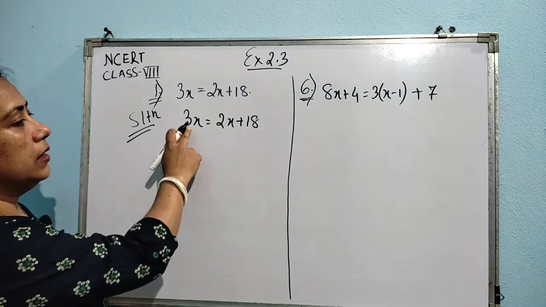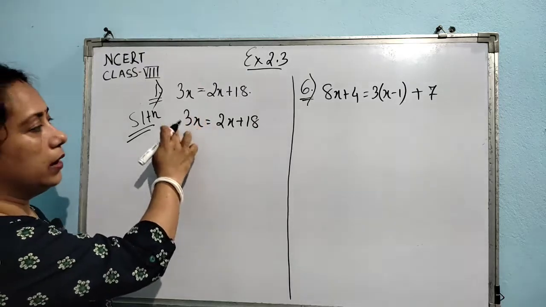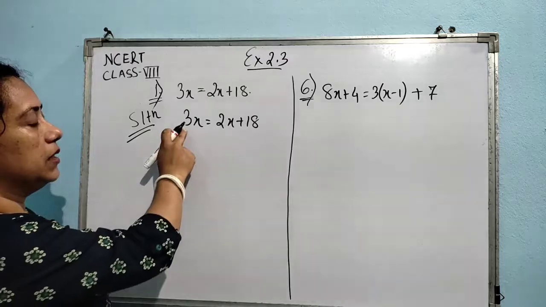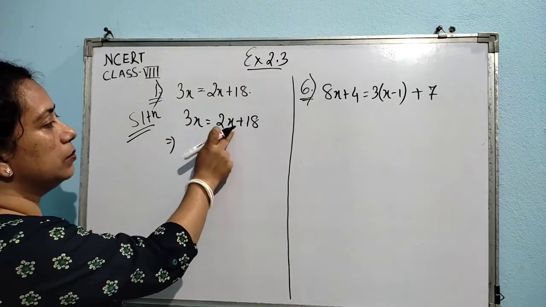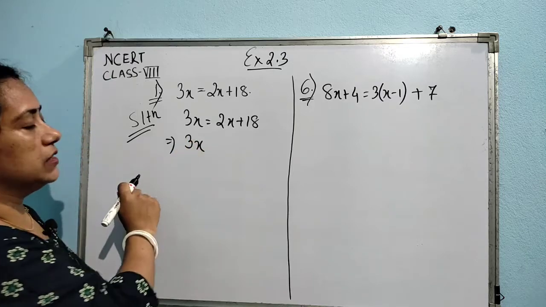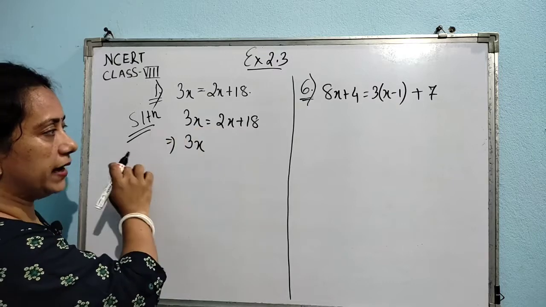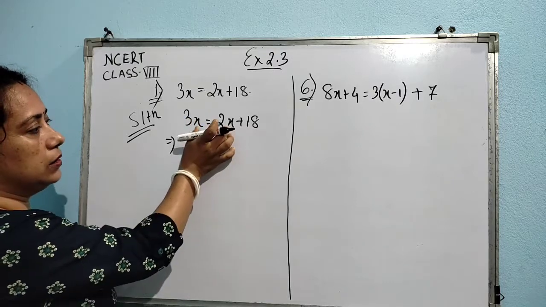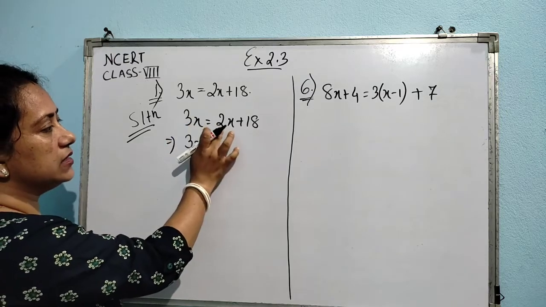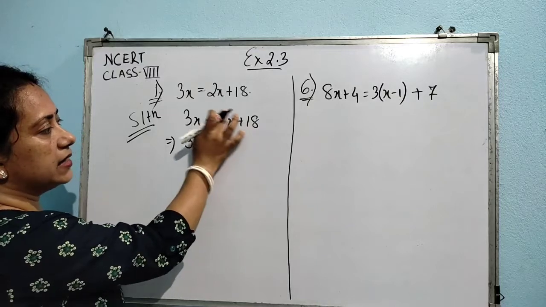So here earlier what questions we have done, it was having variable on one of the sides, either in the left hand side or in the right hand side, but in this question there is variable on both the sides. So what we have to do is, since here we want to find out the value of x, we need to have all the terms which are having x in the left hand side. So here it is 2x. So I am going to change its side from right hand side to left hand side.